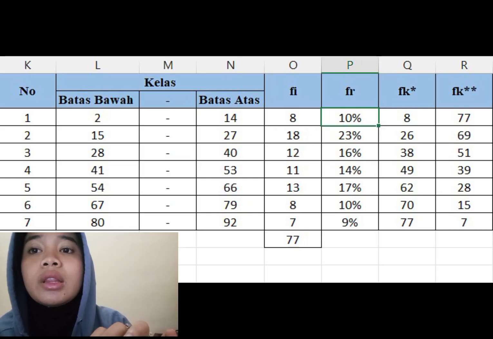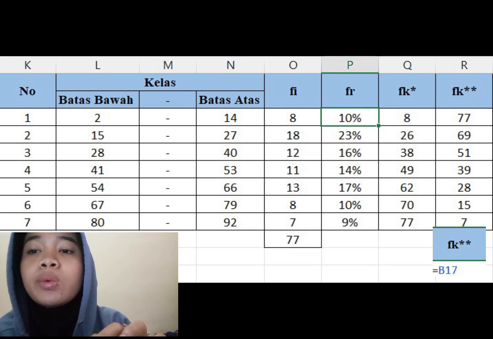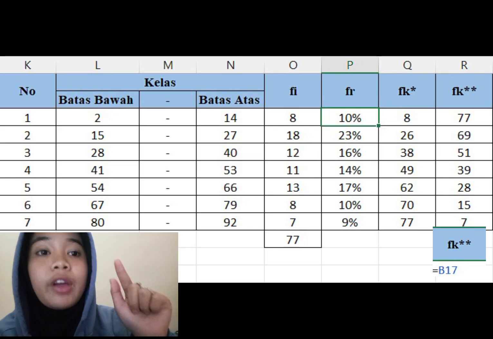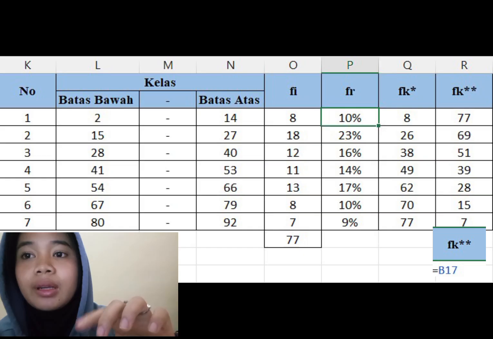Then next, to calculate the first value of FK greater than, use the formula. The formula is equal to the value of n and press enter.